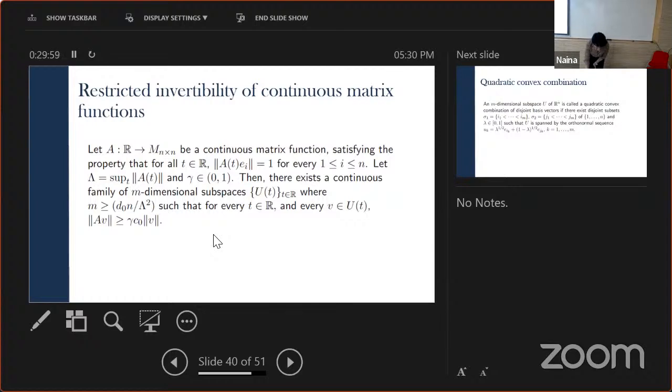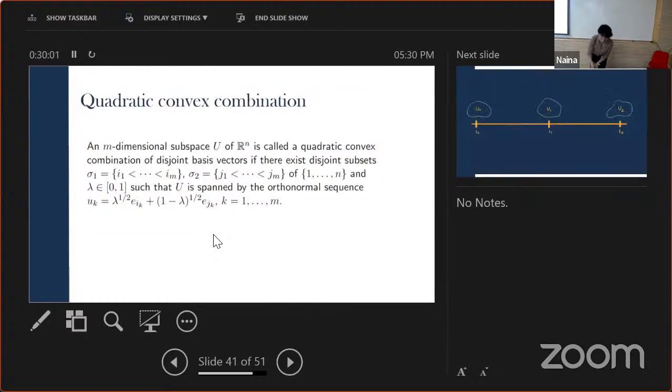All right. The most natural way one would think of extending this theorem to the continuous case would be to apply Bourgain-Tzafriri pointwise. We get some subspace at one point, another subspace at another point that satisfies the well-invertibility property, and then we should be able to stitch them together and come up with a whole continuous choice of subspace.